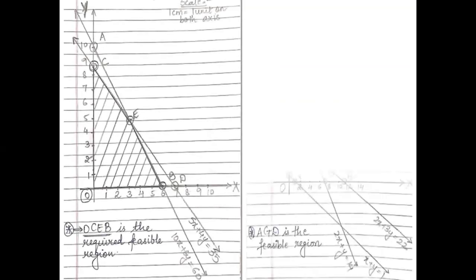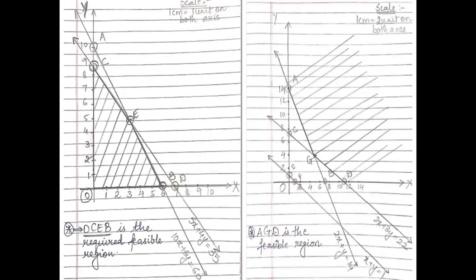So class, as you all saw yesterday, we studied two types of sums over here. One was the corner point method, wherein you saw that the area which we shaded was towards the origin. So as you see class, I have only shaded the area which is towards the origin. I have not shaded the outside portion in this particular sum. But in this case, if you see, where our area has only a certain boundary, the area which is above this particular boundary is going up till infinity. So there is no limit basically.